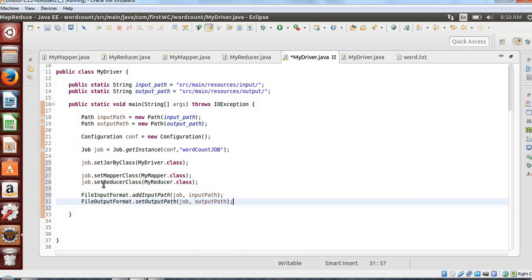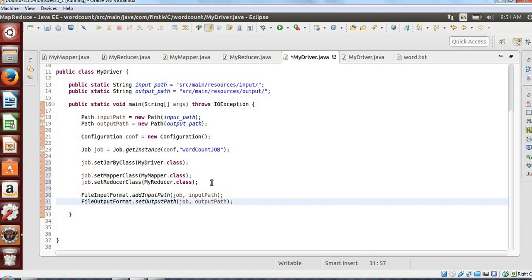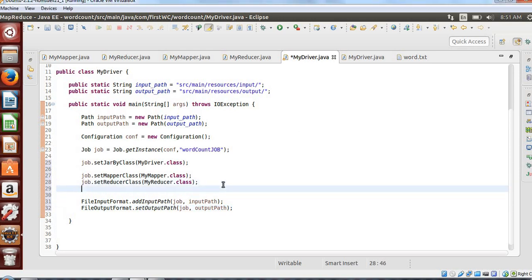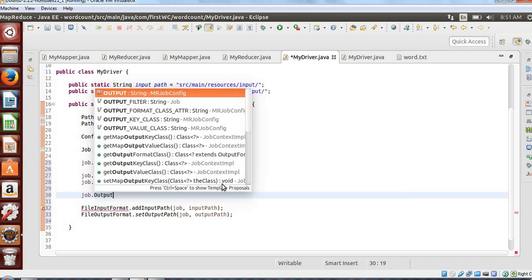So we need to define our output key class and the value class here. We'll do the same. We'll say job dot set output key.